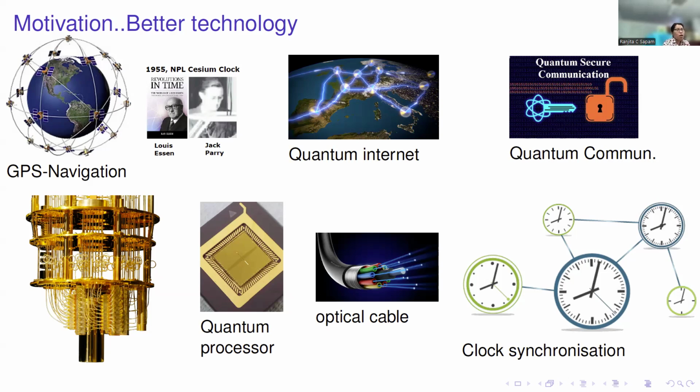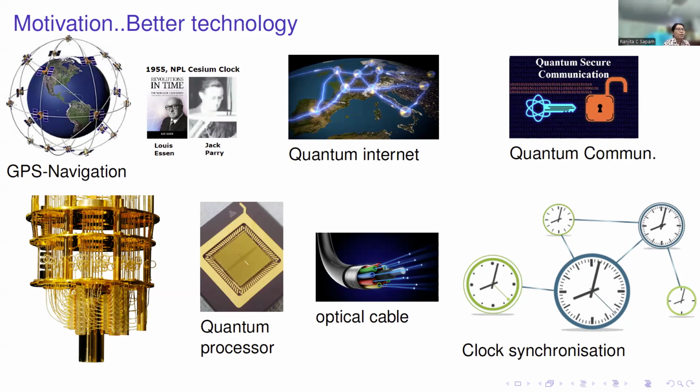As I said earlier, for example the GPS, as I discussed, we need clock synchronization, with the 4 or 5 clocks which are in each of the satellites. So we have to do better clock synchronization. When can we do better clock synchronization? When we have more and more precise clocks. I will discuss this in a little more detail later, but I just wanted to tell you that these are the technologies, different domains of quantum technologies, where people are looking in terms of communications, secure transactions and quantum computing.